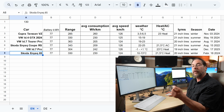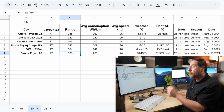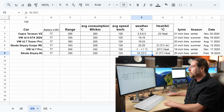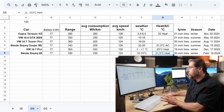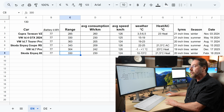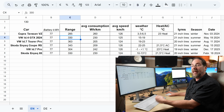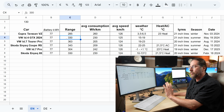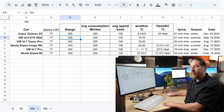Then another interesting one, Skoda Enyaq 85. It has the new motor, but it's not all-wheel drive. Got 330 kilometers at 10 to 13 degrees, so not very warm, and it needed a bit of heat, 20-inch winter tires. So 330 kilometers, that's the same range as the ID4 GTX, that has the extra motor, which I also calculated should be, just because of being all-wheel drive, 5 to 7%